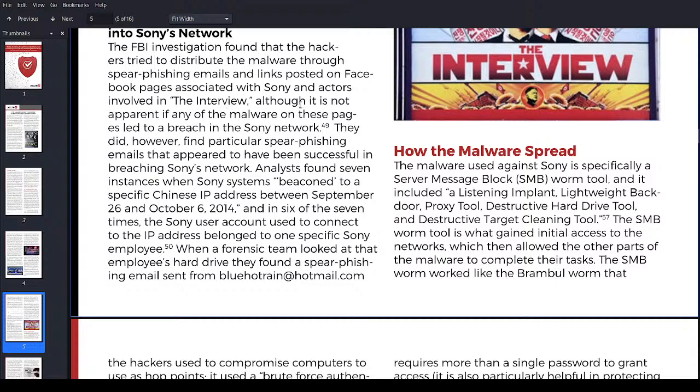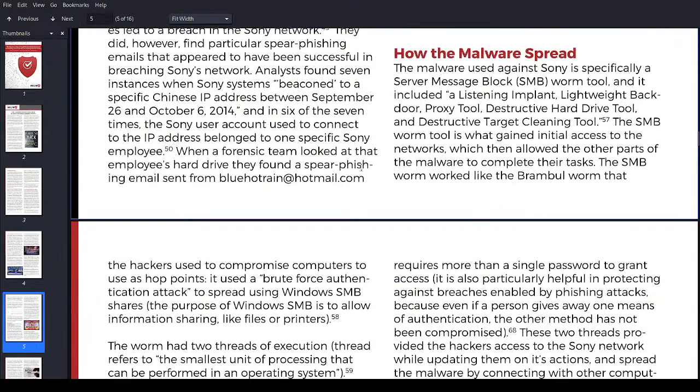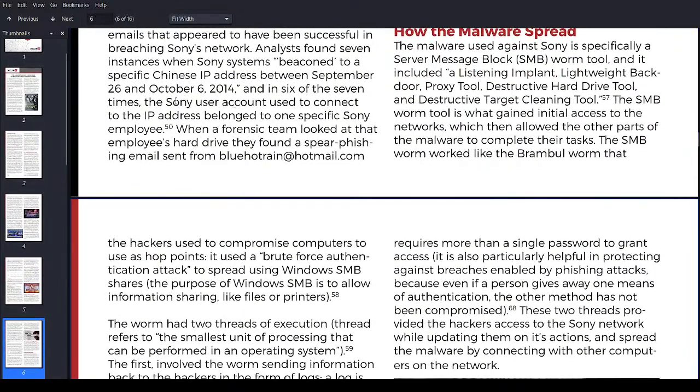Although it is not apparent if any of the malware on these pages led to a breach of Sony's network, they did find particular spear phishing emails that appear to have been successful in breaching Sony's networks. Analysts found 7 instances when Sony's system beaconed to a specific Chinese IP address between September 26th all the way to October 2014.